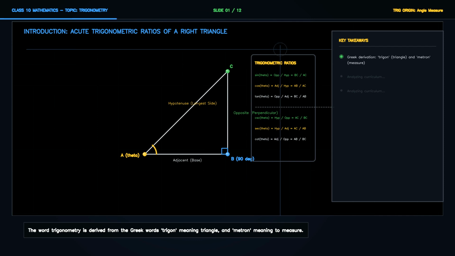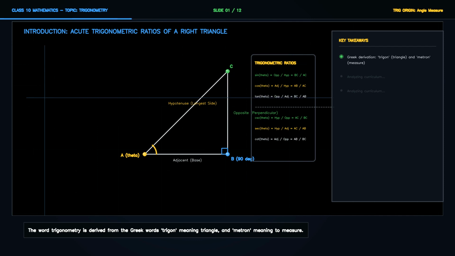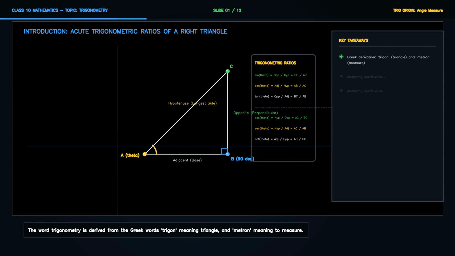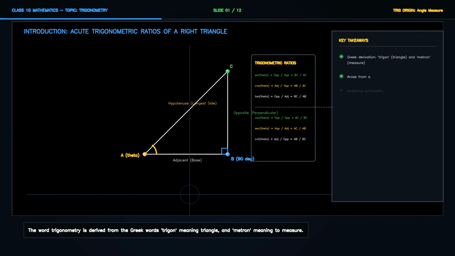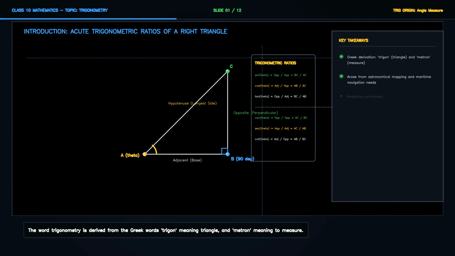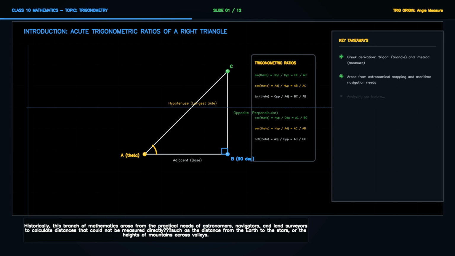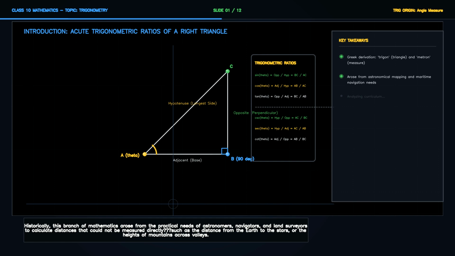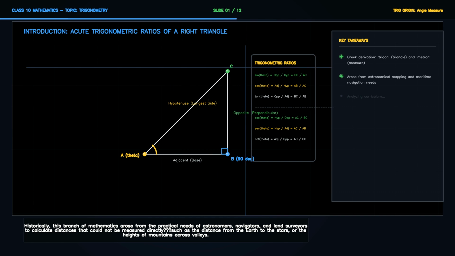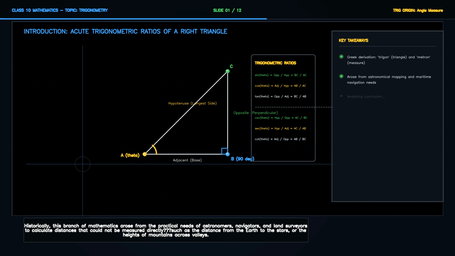Historically, this branch of mathematics arose from the practical needs of astronomers, navigators, and land surveyors to calculate distances that could not be measured directly, such as the distance from the Earth to the stars, or the heights of mountains across valleys. Today, trigonometric equations are the silent models running our modern world, structuring everything from GPS flight navigation grids